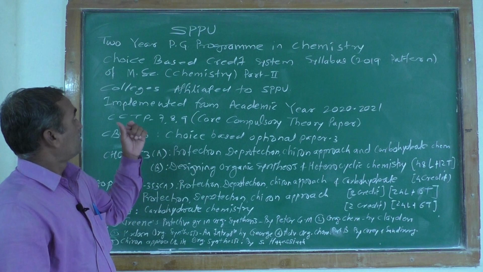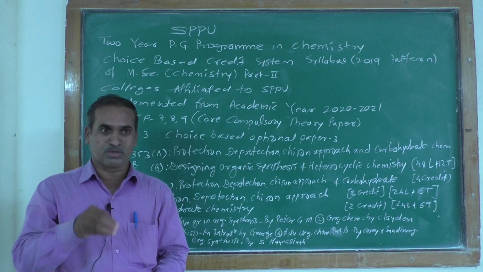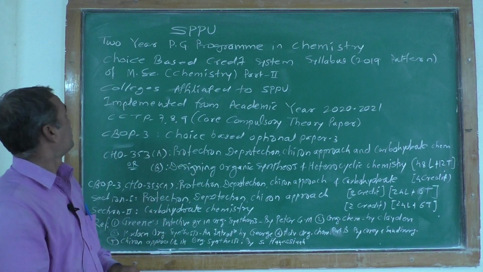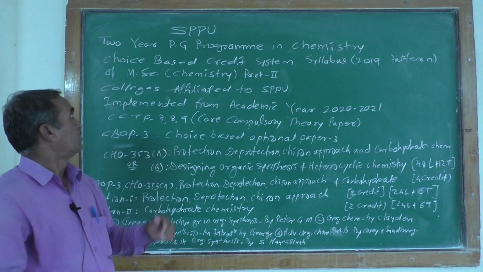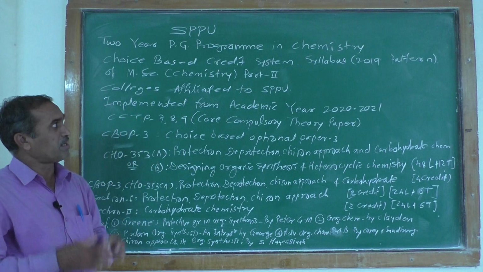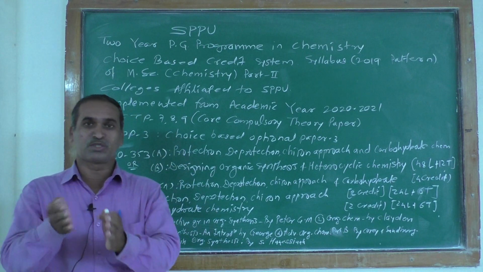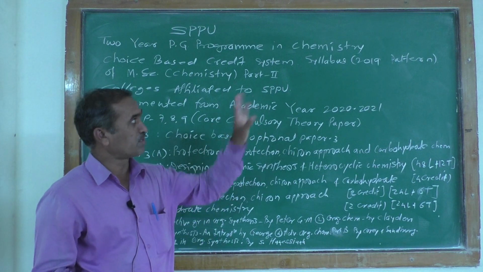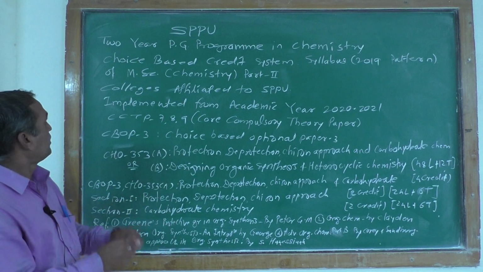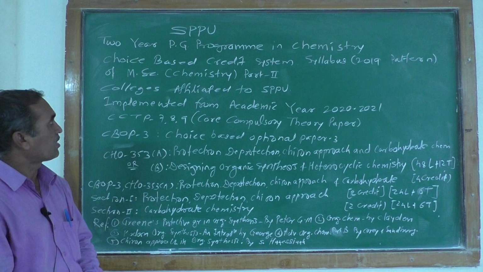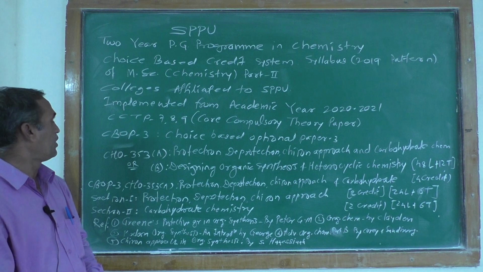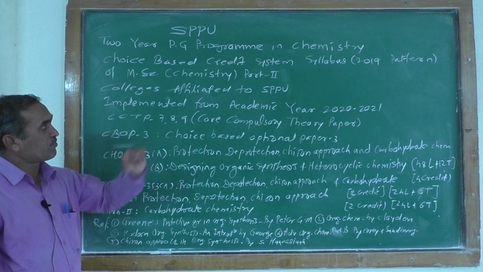Savitribai Phule Pune University is introducing the new syllabus from this year. This is a 2-year postgraduate program in chemistry, a choice-based credit system syllabus, 2019 pattern. Remember, it is the 2019 pattern, of MSc Chemistry Part 2. It applies to colleges affiliated to Savitribai Phule Pune University and is implemented from academic year